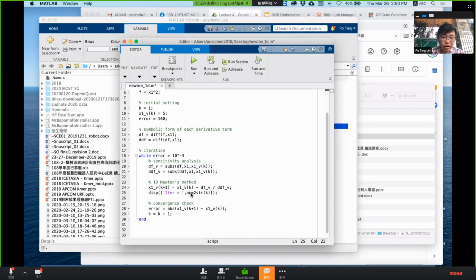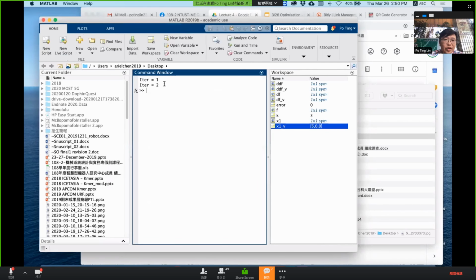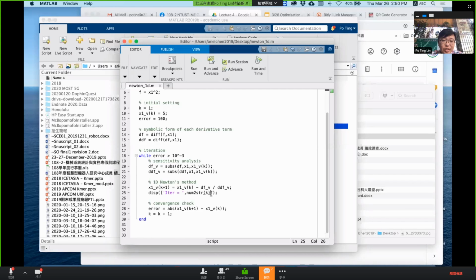This is number to string. That converts a number to string. So if I do this, what will happen? You will see a bunch of iter equals to 1, iter equals to 2, something like that. And let me continue. Let me put a comma there and a space. And I also, let me do it later on. So let me just say